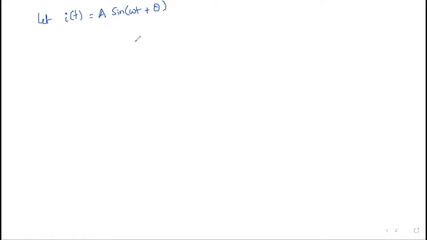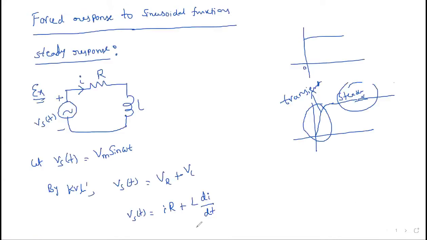This is our assumption. Since I am giving a sinusoidal input to the circuit, I will get the response, or current, also in sinusoidal format. But I don't know the amplitude and I don't know how much angle it will shift. So I am assuming the current and I will substitute it in the previous equation. I'll call this equation 1, and in the first equation I will substitute this current.